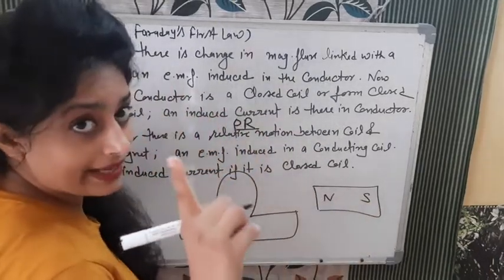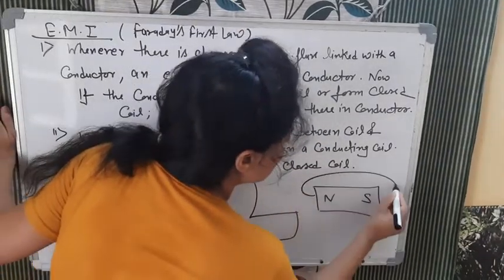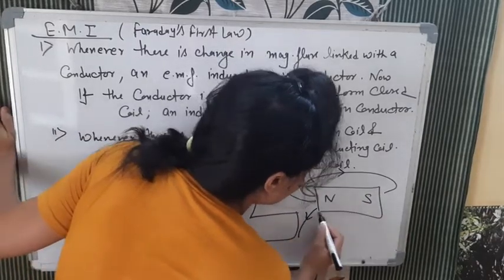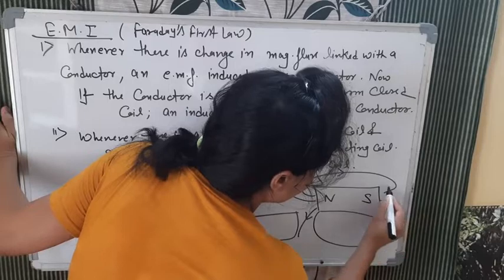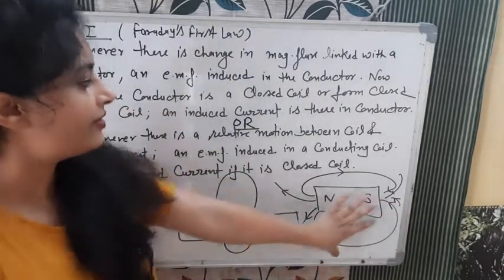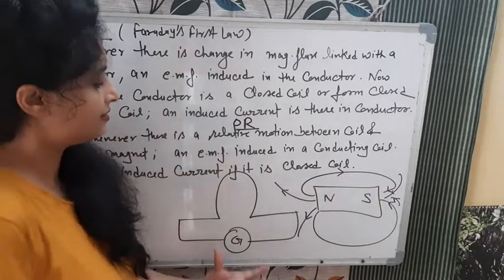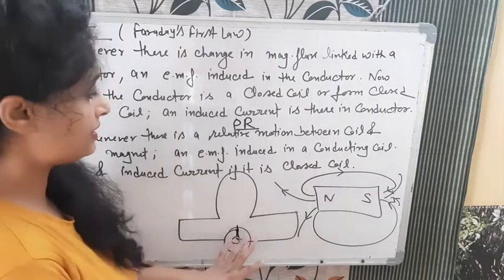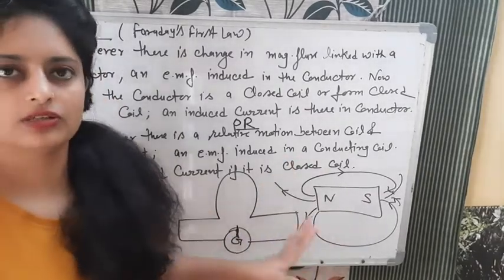Now you all know where the magnetic field lines go from and to, north to south, north to south, in this way. You all know when the magnet is here and the coil is here, there is no deflection in the galvanometer. This is constant, this is constant. They are not moving. Rest position, nothing is happening.